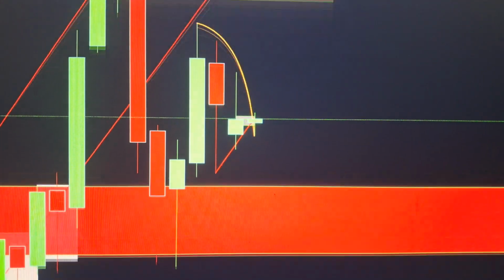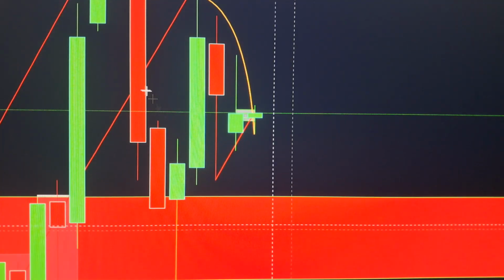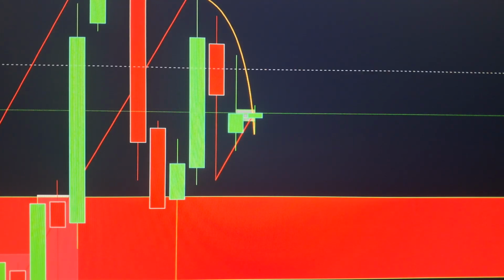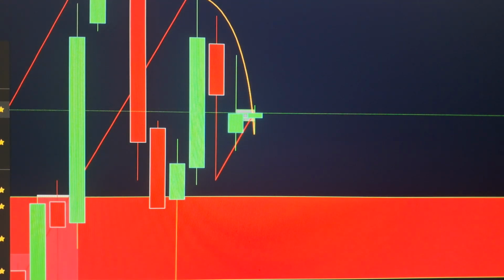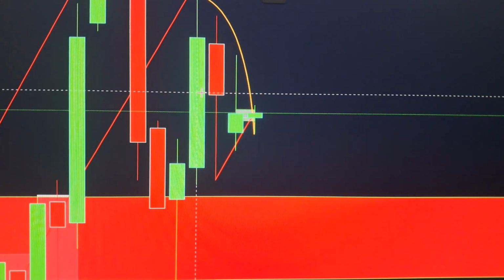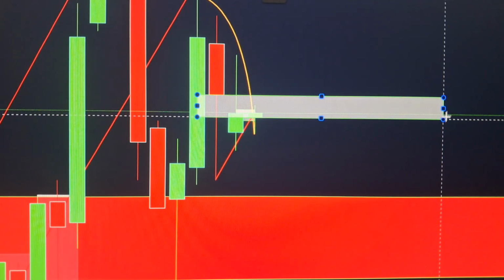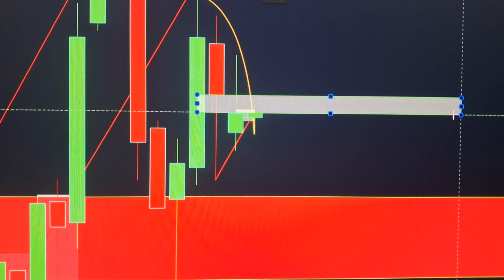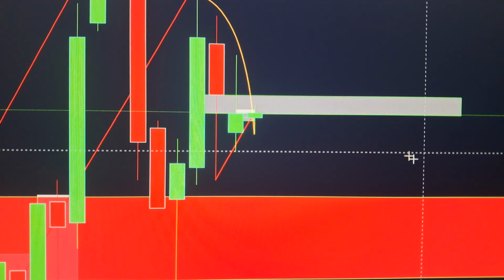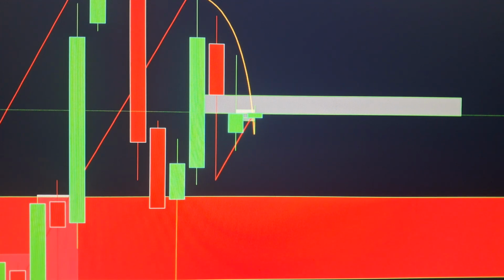This is what I was watching the whole month to see if we created a macro imbalance. So we're just going to mark that macro imbalance, correct? It's from 317.64 down to 308. Okay, so this is that level